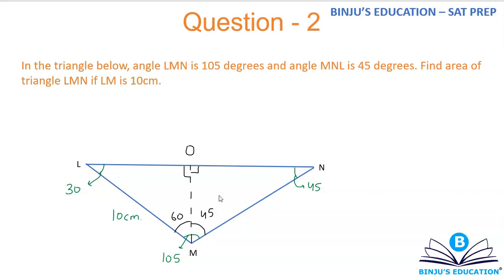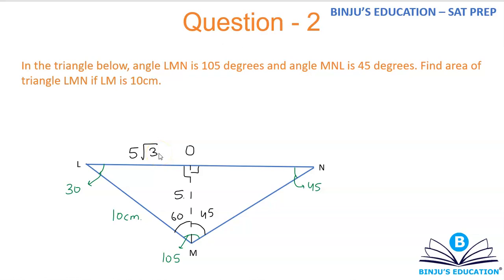You will always get an obtuse angle in such a way that you will get either a right angle triangle of 30, 60, 90 or 45, 45, 90. There will be no other angle, because for other angles you need to know trigonometry, which is not part of your syllabus. Okay. Now if this is 10, let's talk about triangle LMO. Opposite to 90 you have 10, so opposite to 30 you will automatically have half of that, which is 5, and opposite to 60 you will have root 3 times that opposite to 30, which will become 5 root 3.